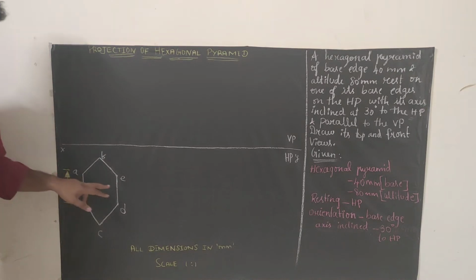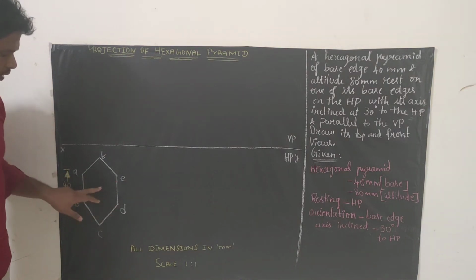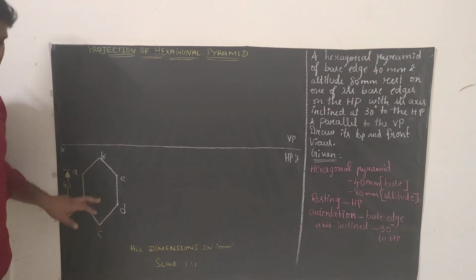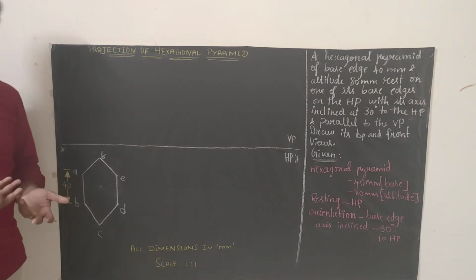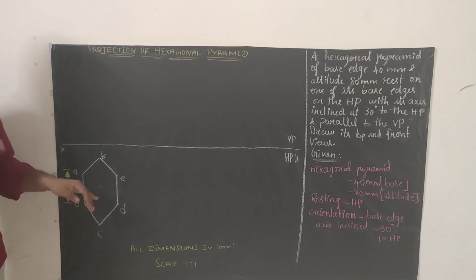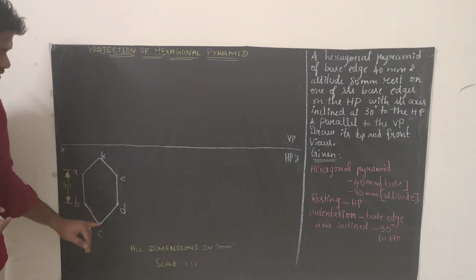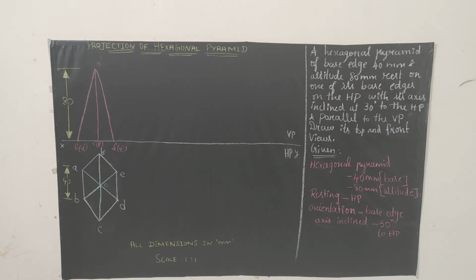Then we need to just cross these two, join B and E and A and D, so that you can get an intersection point. This point is called the center point. This is the axis. But since we have visible edges here, we won't consider the axis, because the visible edge will overlook the axis line. So just join here and keep the point alone. We won't represent the axis line since we have the visible edges C and F. So automatically, the visible edges overrule the axis line.